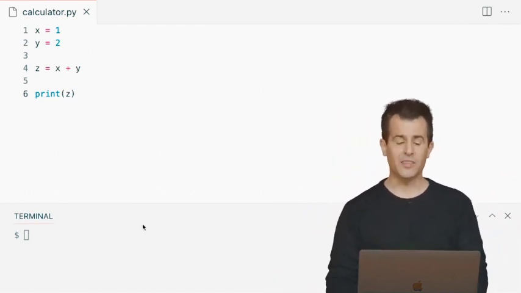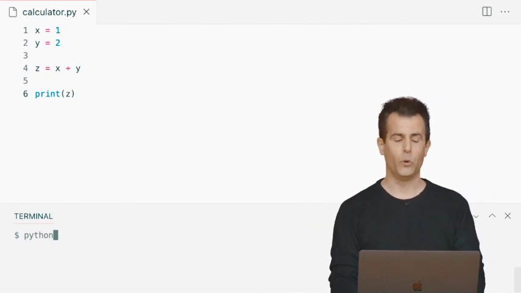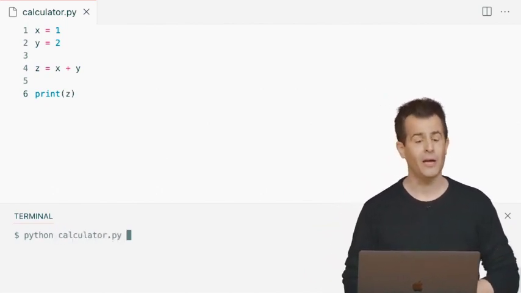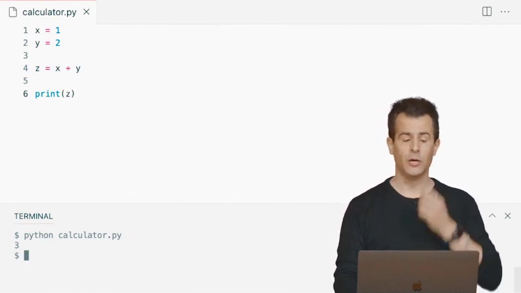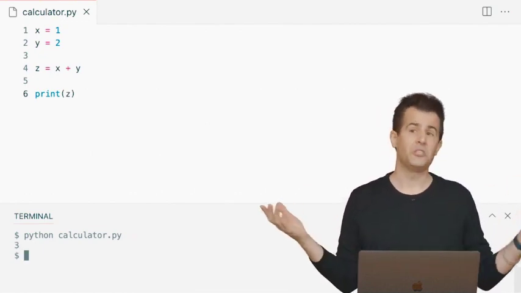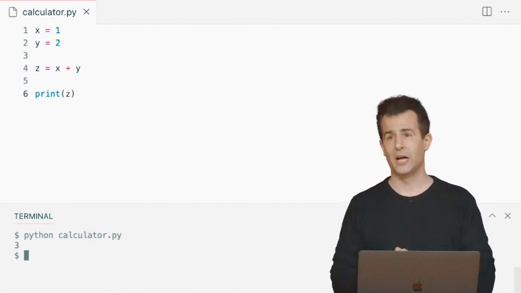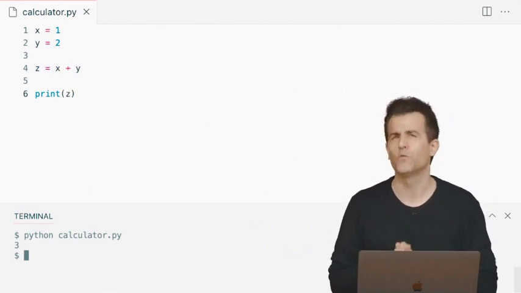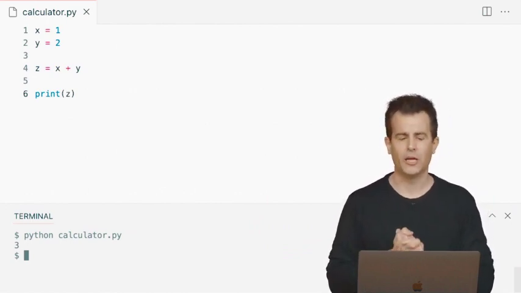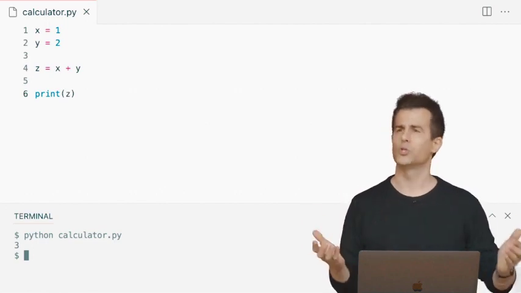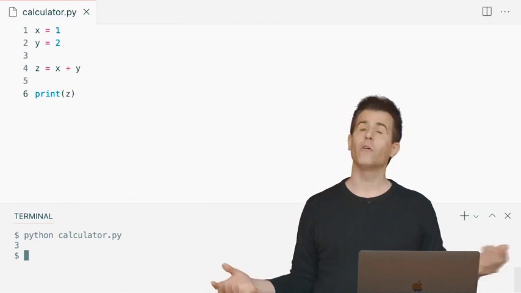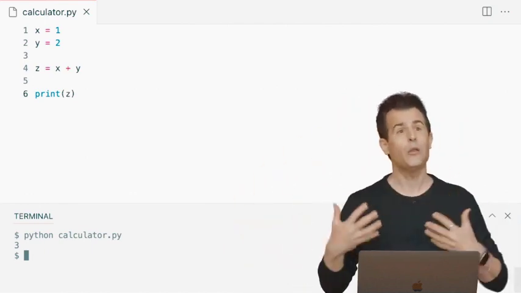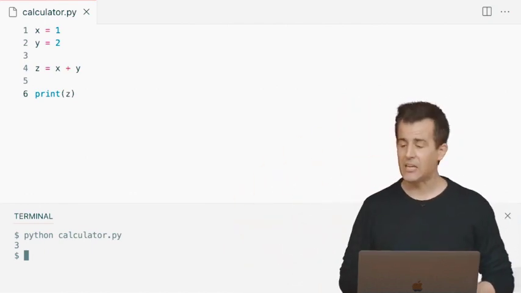So hopefully, if Python knows its math as well as I do, when I run python calculator.py, I should see, hopefully, that 1 + 2 equals indeed 3. All right, so not that surprising and not that interesting. And honestly, this isn't the most useful program because it's always going to calculate 1 plus 2 equals 3. Let's at least make this program, say, a little more interactive, right? We already know from previous examples how we can get input from the user. Let's bring back that input function.